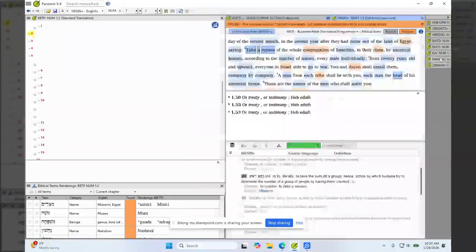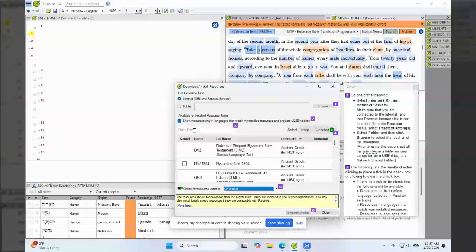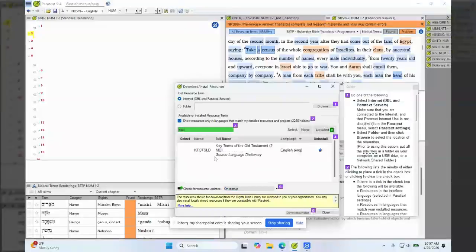So the way that we get to that resource, if you haven't installed it yet, is to go to this top left program menu and choose install resource. You can scroll to find it, but the easiest way is to go to this filter text bar and just type KTOT and it'll show up. KTOT stands for Key Terms Old Testament. I already have it installed, so